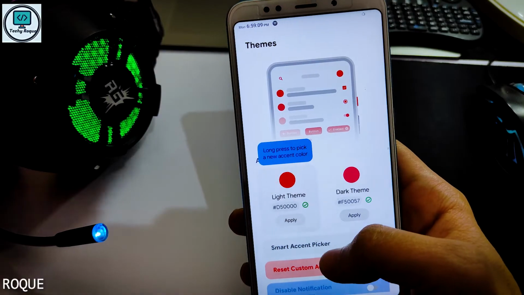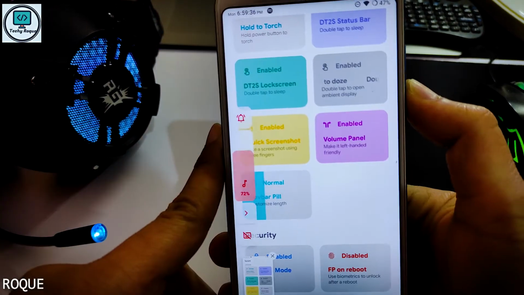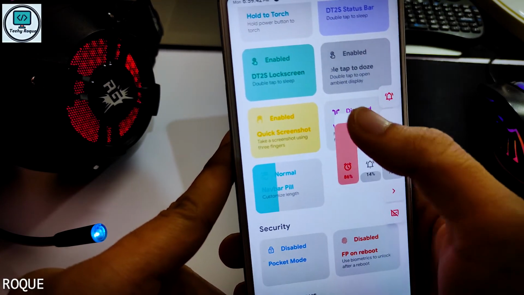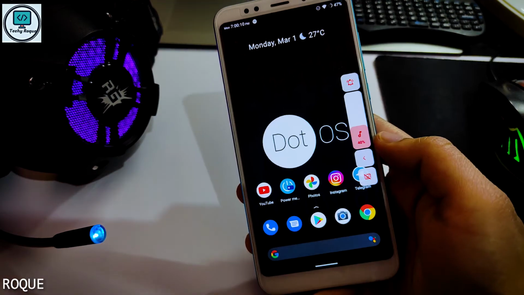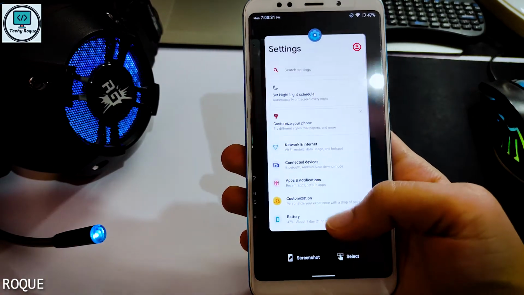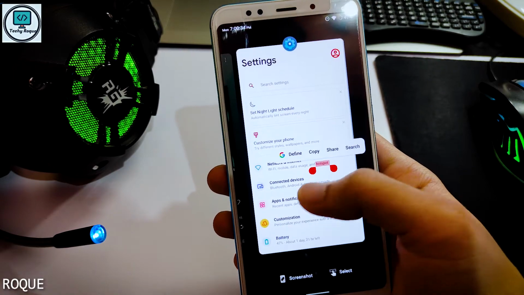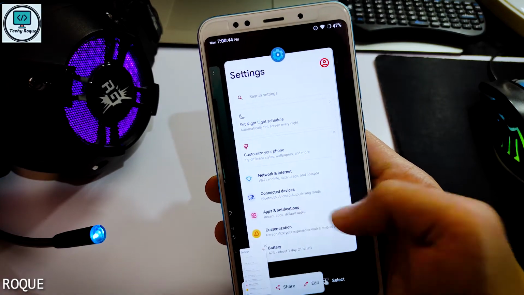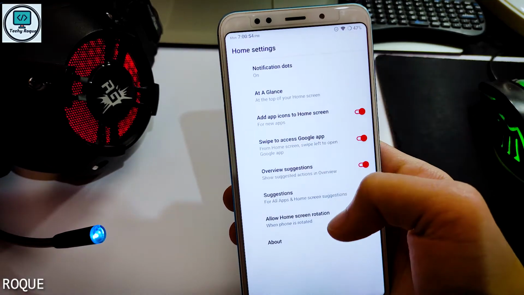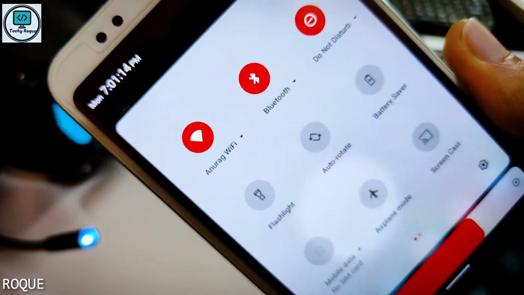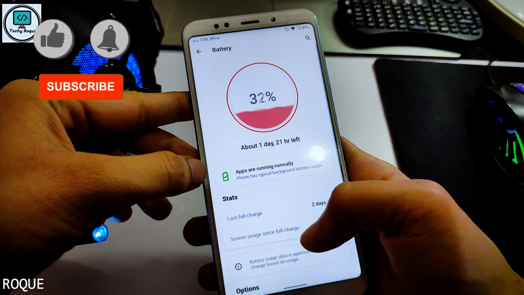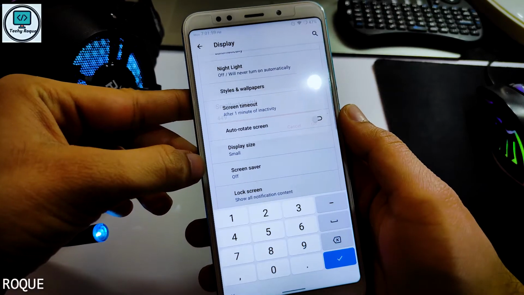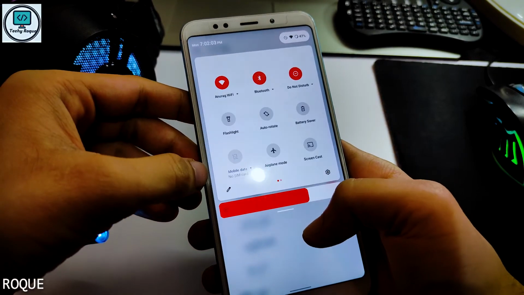The problem with this ROM is that there's no integration with the music player in the notification panel, but maybe in the future. This is the volume panel. You can also copy text directly by long pressing on the text, and you can also select the text by button and take a screenshot of it. This contains the Pixel Launcher by default, and you can see I've installed this ROM for this really new look. You can also decrease the DPI.